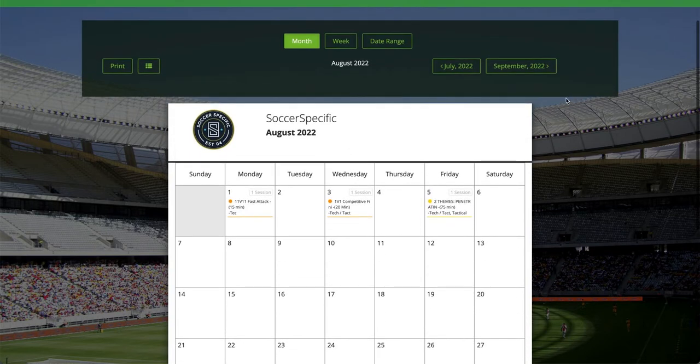You can either look at a month view or a week view. You can also select your own date range if you'd like to do that. You can see here that I have 3 things on my calendar already. I have 3 different sessions, and you'll see the color here, orange, and yellow. This is me just very randomly putting things on my calendar, but